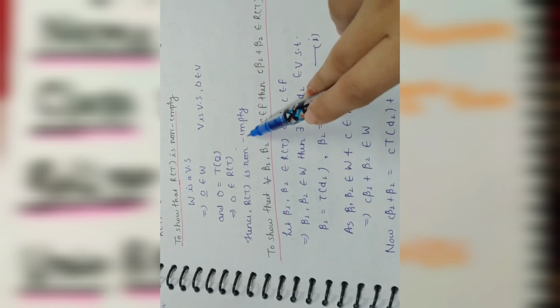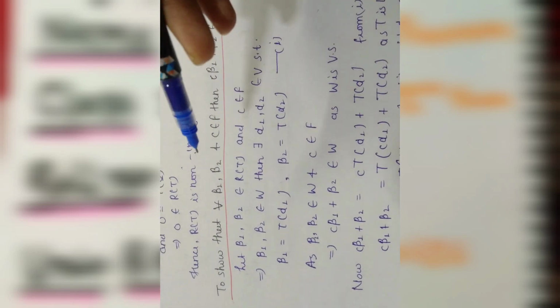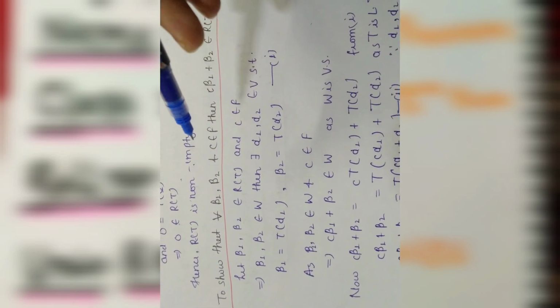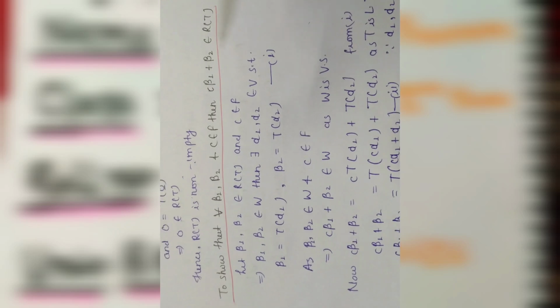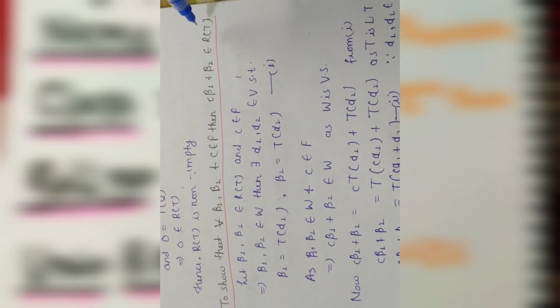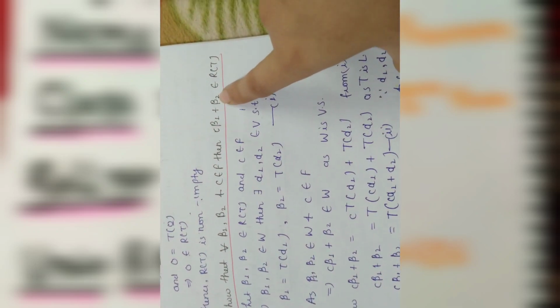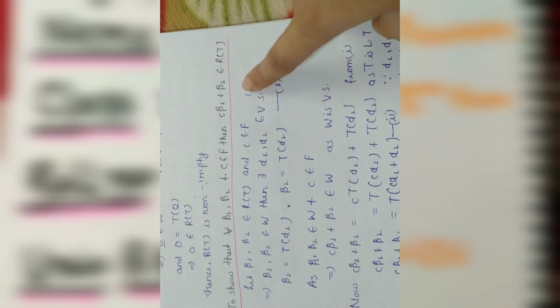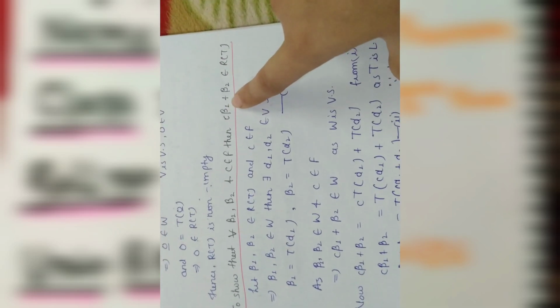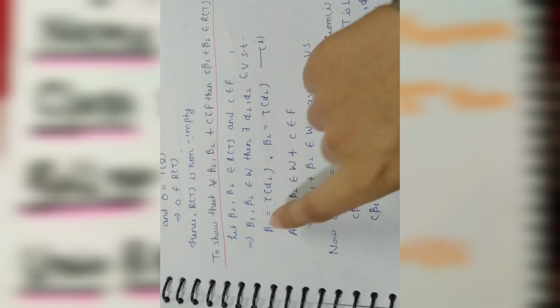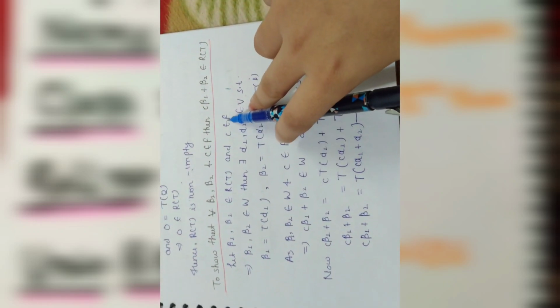Hence R(T) is non-empty. To show that for every beta 1, beta 2 and c belonging to the field, we have to show that c beta 1 plus beta 2 belongs to R(T). So basically we always prove c alpha plus beta; here, in place of alpha and beta, I am taking beta 1 and beta 2. Let beta 1 and beta 2 belong to R(T) and c belong to the field,